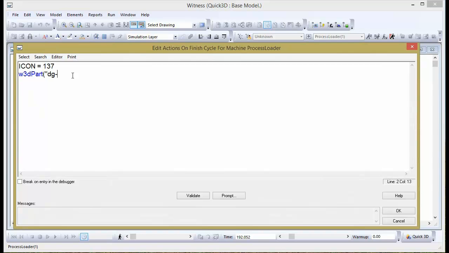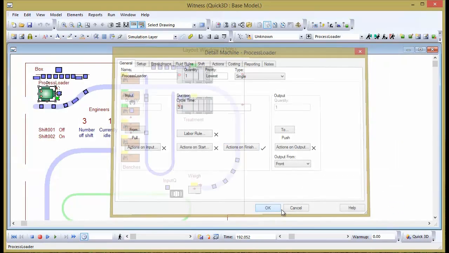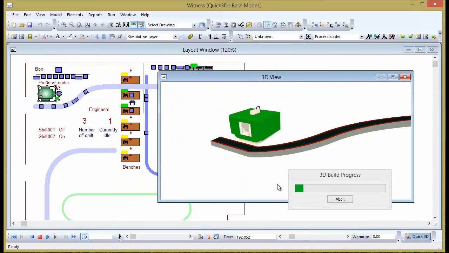So I could put in here dg-pt-carton, for example, and if I do that after the icon equals 137, it will change the icon to 137, and then subsequently it will change the 3D part to be a carton. So if we do a new 3D on this,